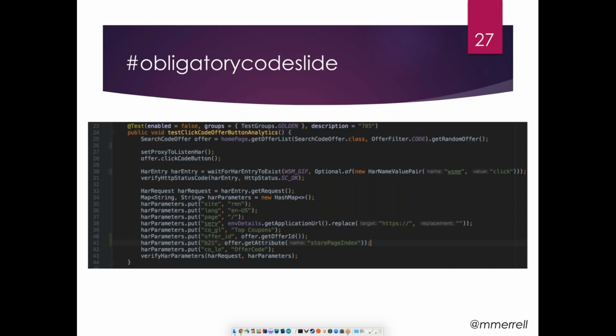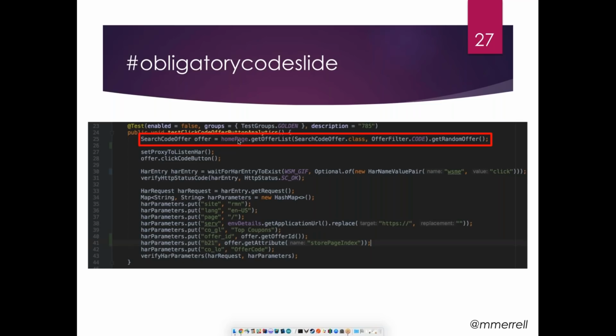So let's talk about some code. I'm going to skip over the fact that this test is disabled because it's currently a little bit out of date, but the fact is we are first going to grab an offer. Now, it could be a whole other talk that we get into how our automation library is built, but we use the page object model to its fullest advantage by saying homepage.getOfferList. That means that when you go to the RetailMeNot.offer list, it will give you a list of offers, and those offers that it gives you are strong typed entities that actually have behaviors on them like get code and stuff like that.